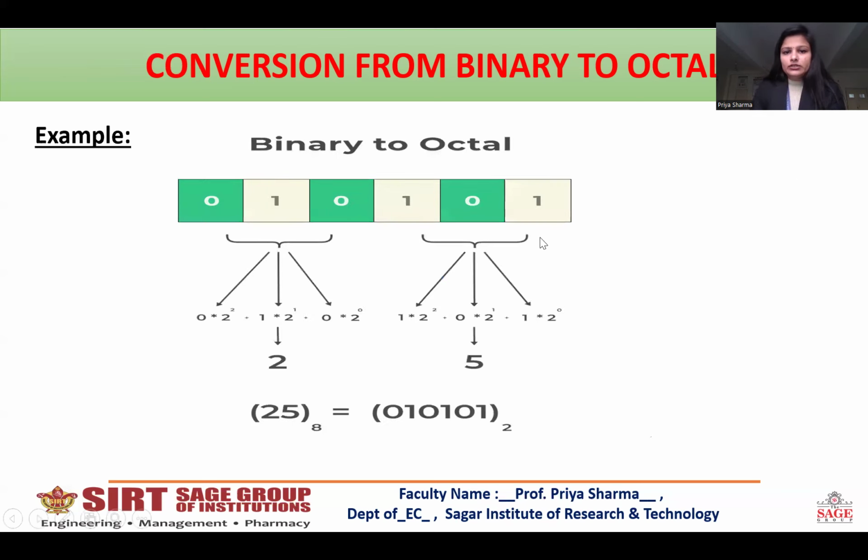This is a binary number which is given, and we have to convert this into octal number system. So starting from the right hand side, we'll start grouping into 3. So 1 0 1, this is one group, and 0 1 0, this is another group. So 1 0 1 will be again starting from 2 to the power 0, then 2 to the power 1, 2, 3, 4, 5 in the increasing order. 2 to the power 0, 2 to the power 1, and 2 to the power 2. So 1 into 2 to the power 2 plus 0 into 2 to the power 1 plus 1 into 2 to the power 0. Again for this group, 0 into 2 to the power 0 plus 1 into 2 to the power 1 plus 0 into 2 to the power 2. So this will be equivalent to 2 and 5. So this binary number is equivalent to 25 of octal number system.